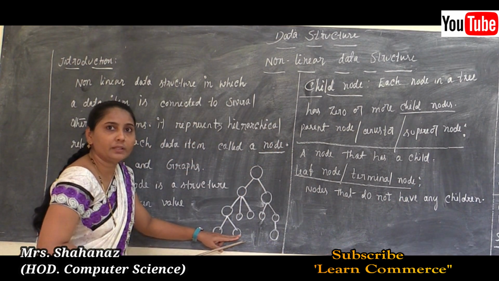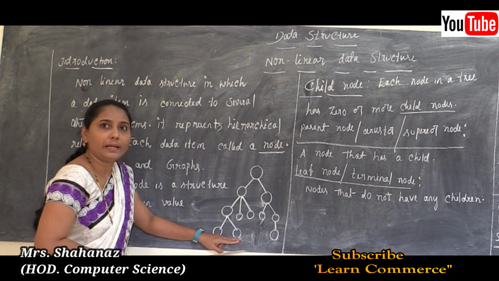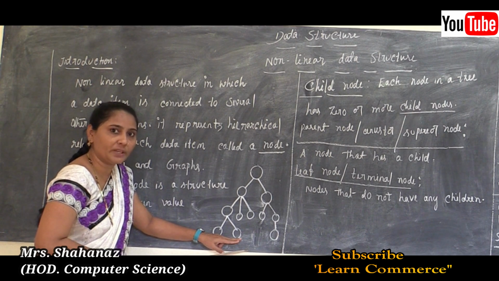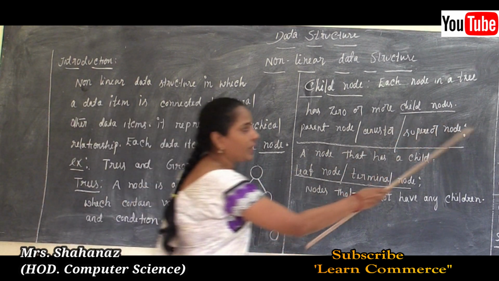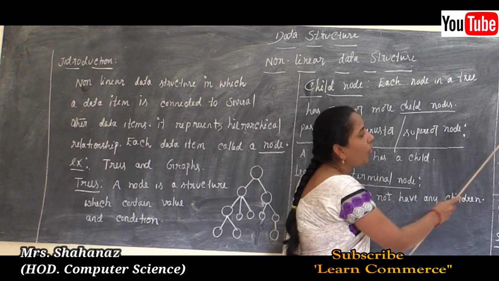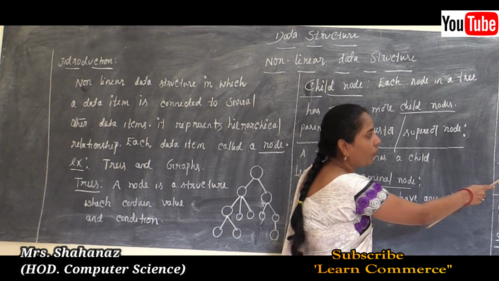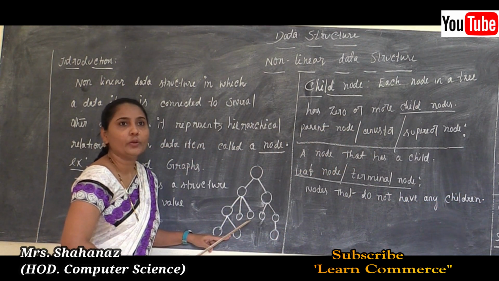That means here the height is measured from top to the bottom, and like that only the depth is measured, that is from the bottom to the top in this case. So we can say that the depth of a node is the length of the path to its root, and that is called the depth of a node.